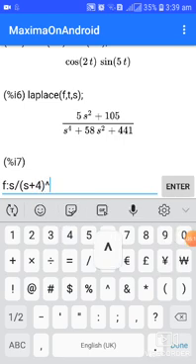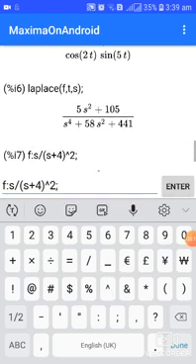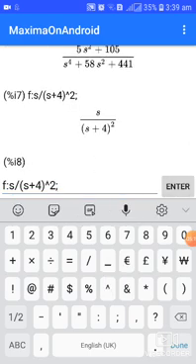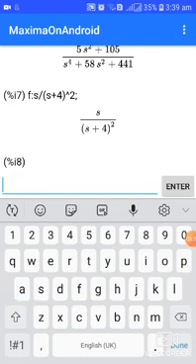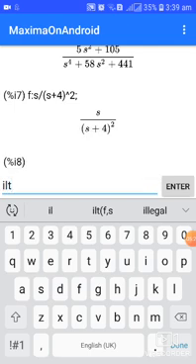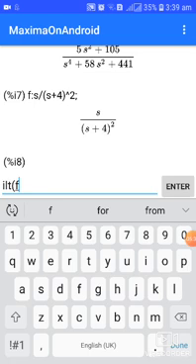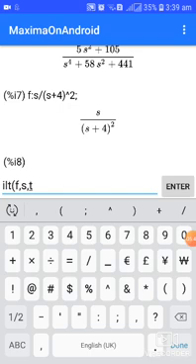Then next we have to type the command for inverse Laplace transform. It is ILT of function is f. It is the variable in s. Then f comma s comma t. Then enter that.